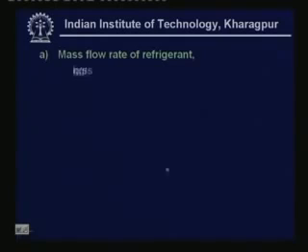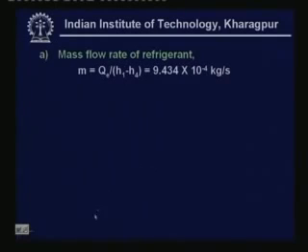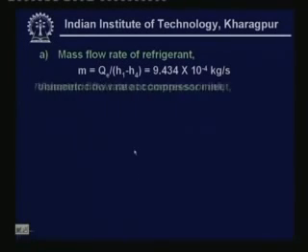So, now we know all the points. So, we find out the mass flow rate of refrigerant, applying the energy balance across the evaporator. From the energy balance, we find that mass flow rate is equal to QE divided by H1 minus H4. QE is known to us, this is 0.1 kilowatt, and H1 and H4 have been obtained from the refrigerant database. So, this will give us mass flow rate as 9.434 into 10 to the power of minus 4 kg